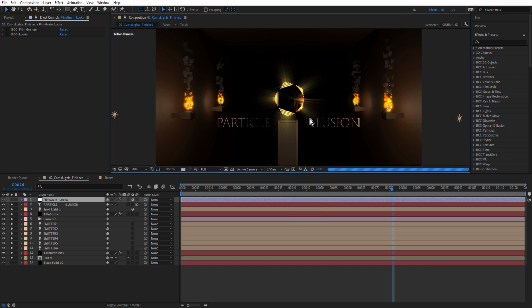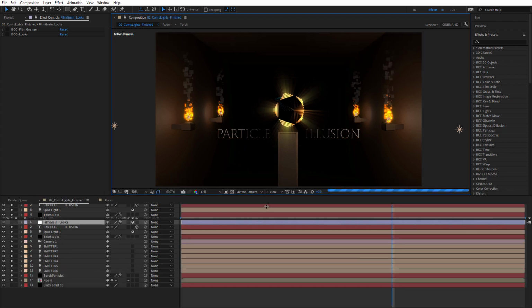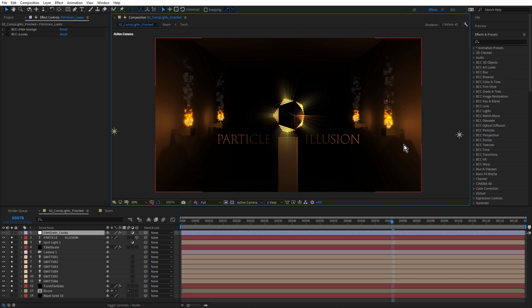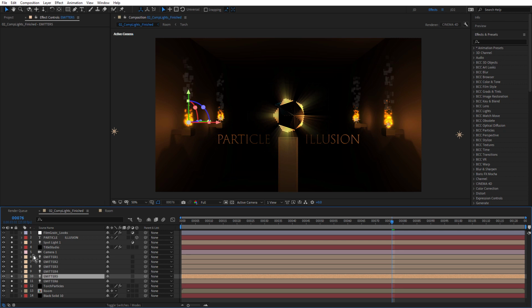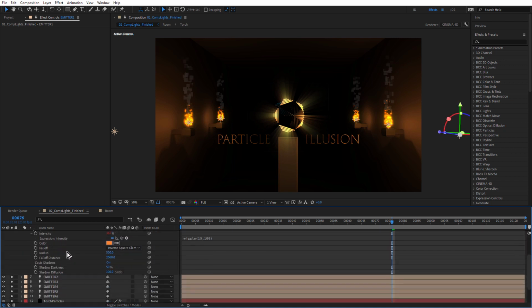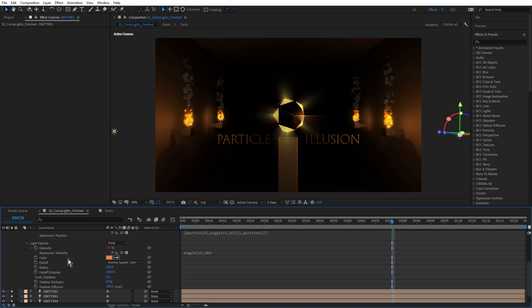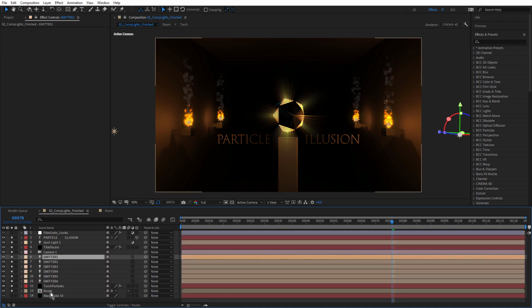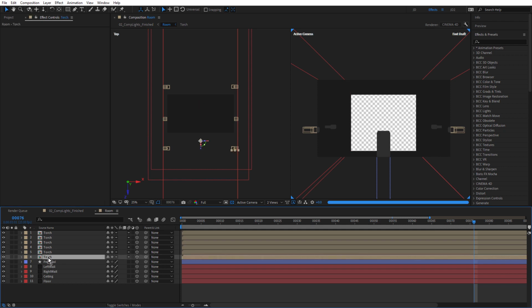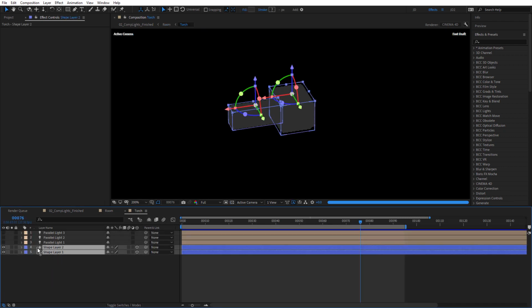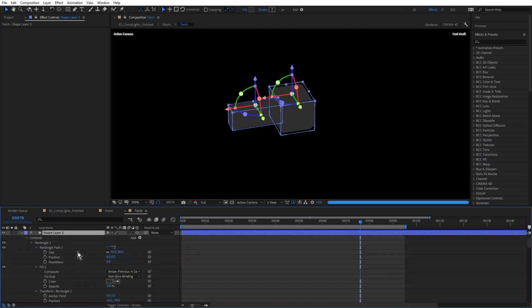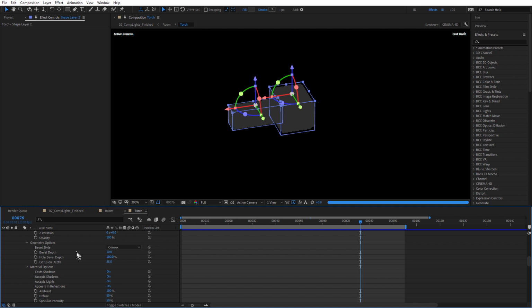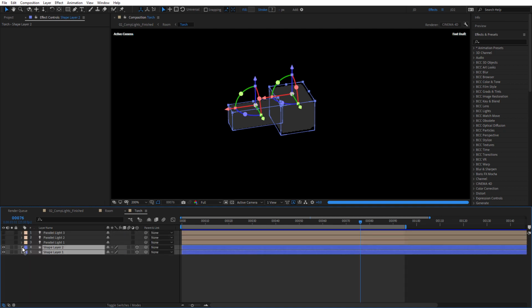One thing we'll see when this redraws is that the shadows will reappear. See the shadows there? Now I did set the lights to cast shadows. Let's just grab Emitter 1, twirl that open. You can see cast shadows is set to on. And you need to make sure inside this comp that the 3D layers that you want to cast shadows have that also set on. So here cast shadows is on, and accept shadows is on, and accept lights is on. So if you're wondering where your shadows are, make sure you've got those settings turned on.